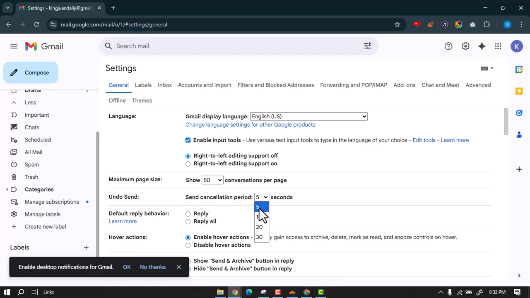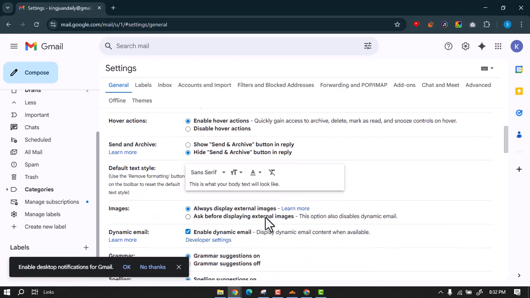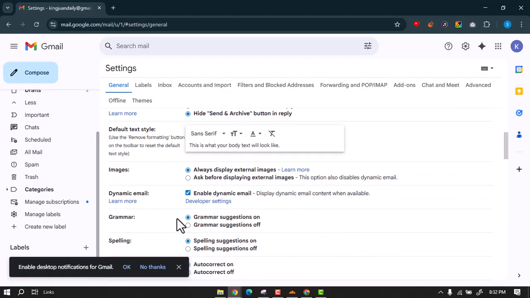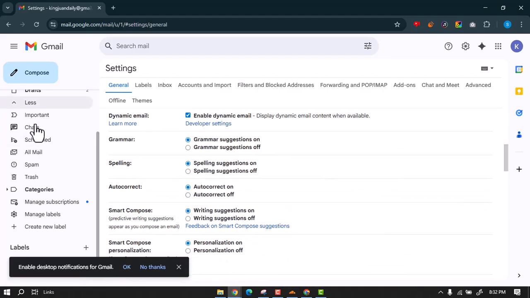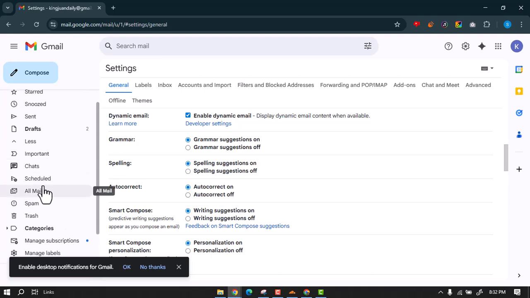So I'm just setting it for 10 second, and then here, once you do it, you can send a message or a mail, and then you can just use undo after sending. So yeah, this is how easily you